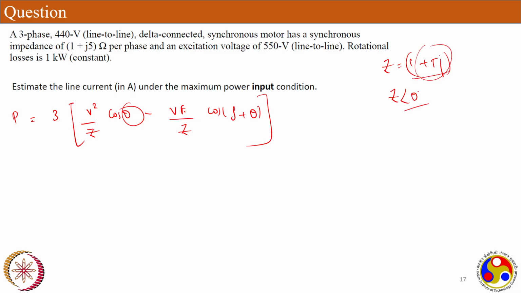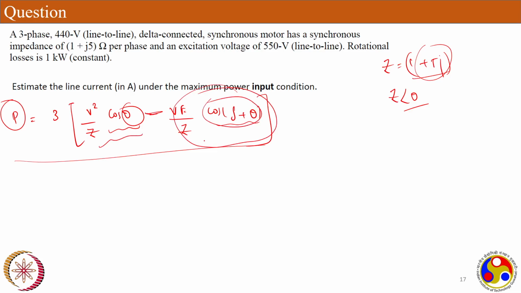So in order to maximize this, theta is already fixed. Now this delta plus theta term could be variable. See, this is an entire expression. To have this power maximum, this entire term should be minimum, because you are subtracting it from this particular term. So this term should be minimum, which means P max implies that cos(delta plus theta) should be